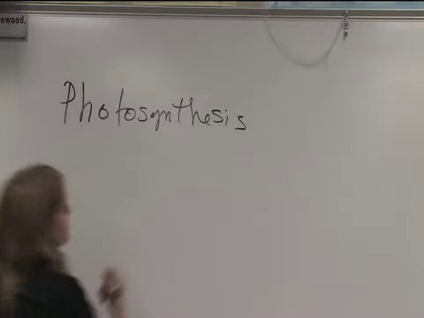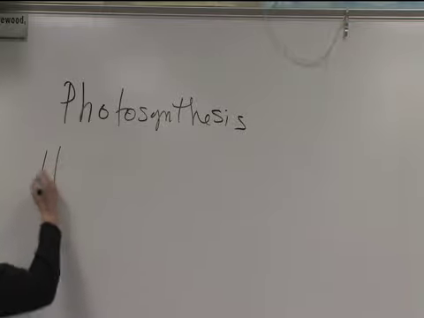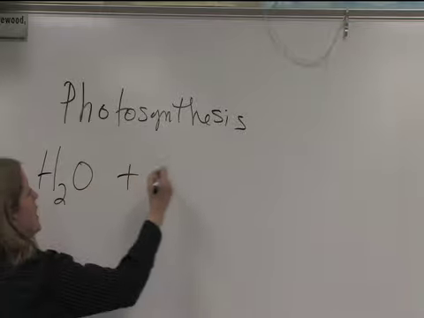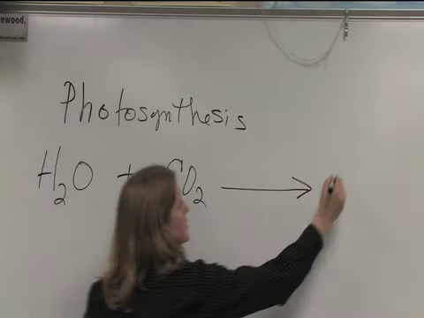Let's write out the reaction for photosynthesis, and it's not going to be balanced. This equation won't be balanced. Sometimes all those numbers can just confuse people. So water plus carbon dioxide will yield